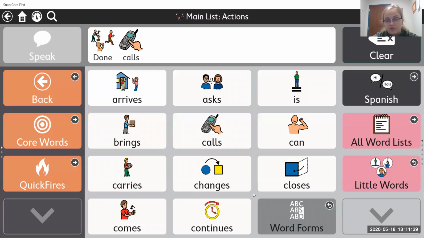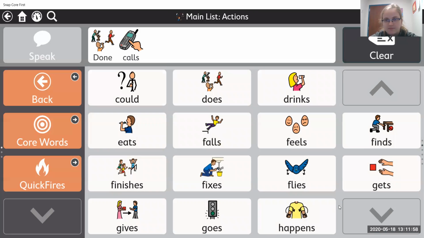For example, some of you have had some Zoom calls with me. Actually, all of you have had some Zoom calls with me, which is amazing. And sometimes when we're on those calls, you say goodbye or stop, and it means that you want to be done with that Zoom call. And that's okay. Sometimes maybe it gets to be too long of a time. You want to be done with that, and that's all right.